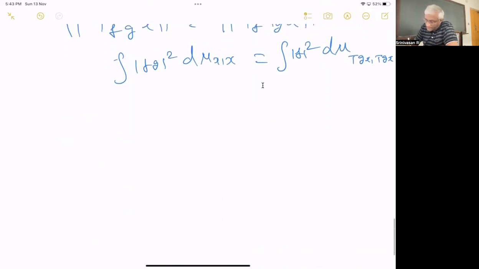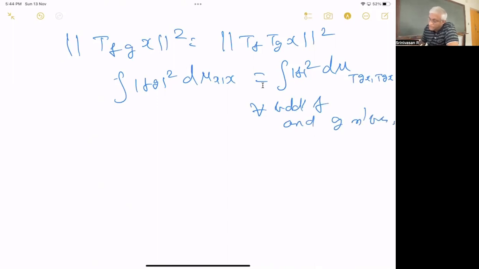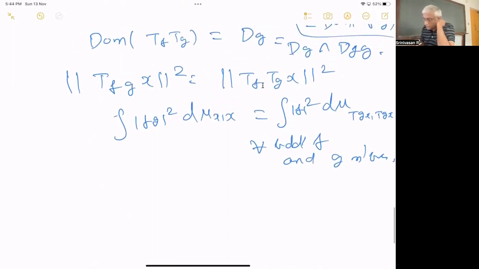This is true for all bounded F and G measurable. Now F_n converges to F, F_n bounded. I mean, F_n is a truncated one. F_n converges to F. Then we know that T_Fn at x, at any x, in particular,